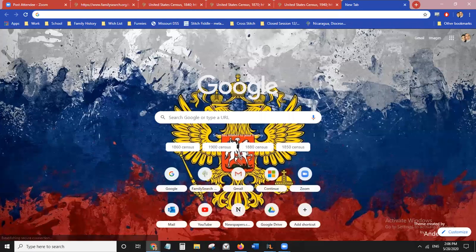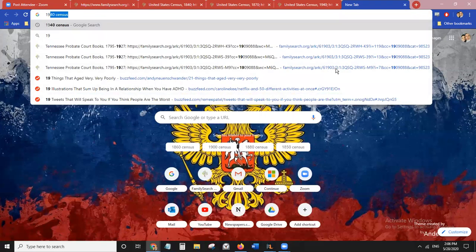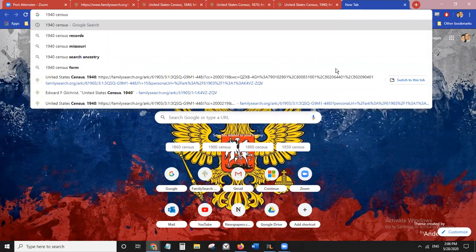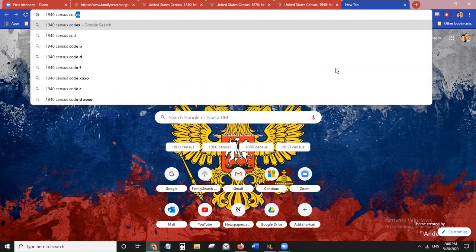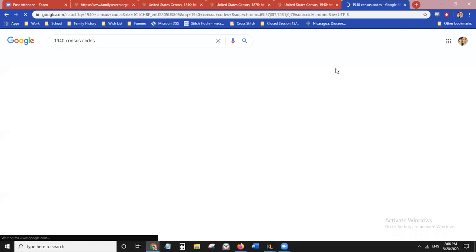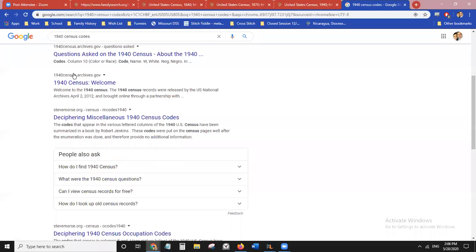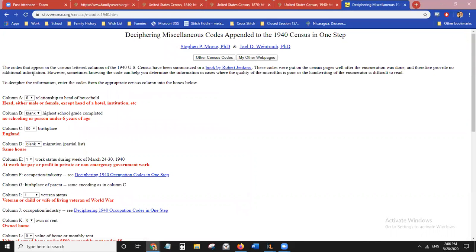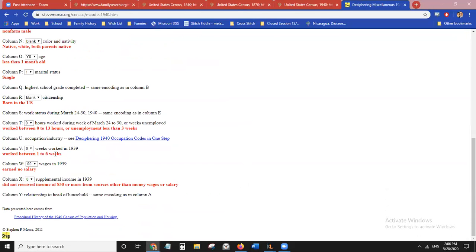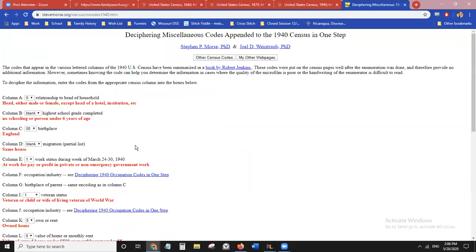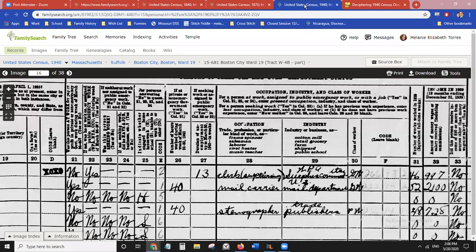And if you go to 1940 census, you just Google 1940 census codes, and you scroll down, there's this website called stevemorse.org. And what it has is all of the codes in the censuses, and you can fill it out and it'll tell you that information. So if I go to occupation code and I put in that information,